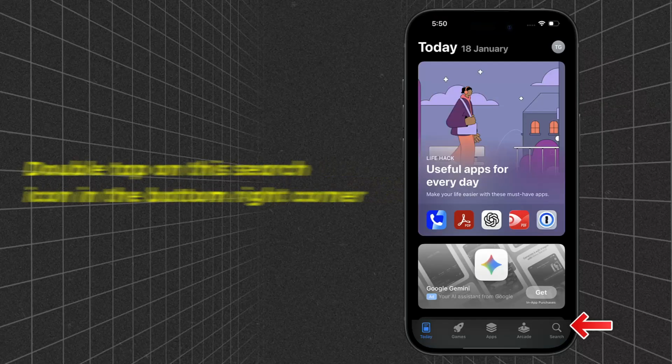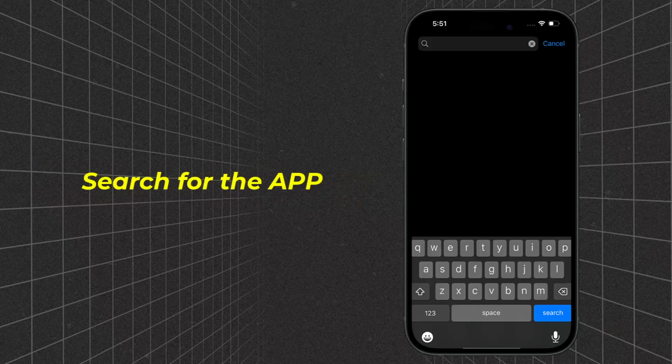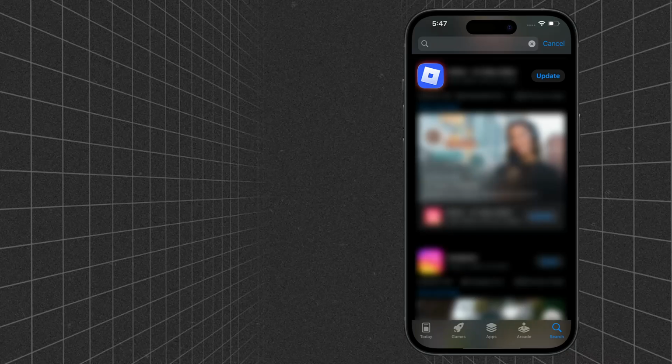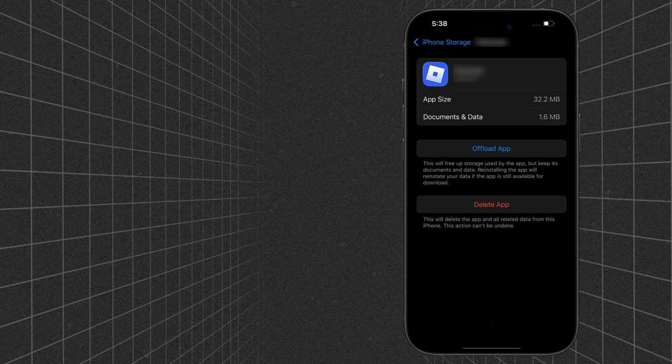From here, double tap on this search icon in the bottom right corner, and then search for the app. Once the app comes up in the search result, and if you see this update button right next to the app, simply tap on it to make sure you're running the latest version of the app. However, if you continue to encounter this issue, then you will need to completely reinstall the app, which usually resolves